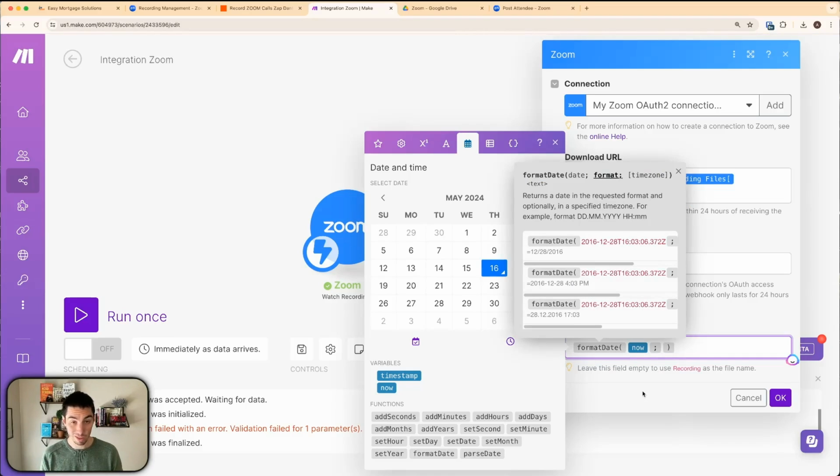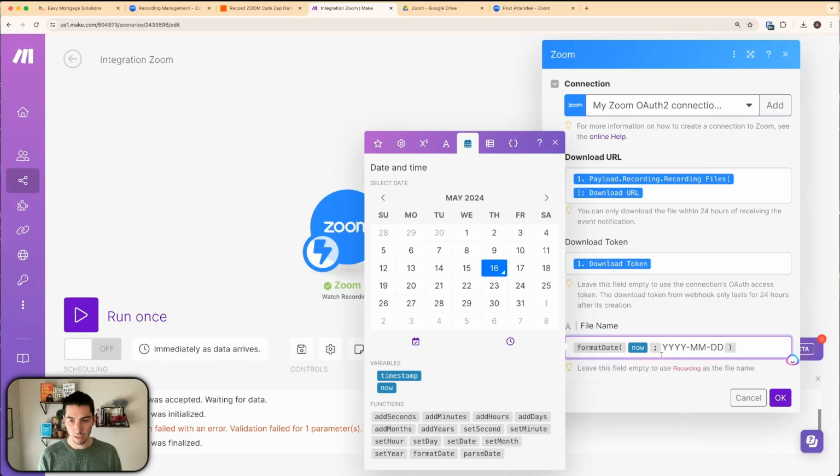The way I like doing it, it's total preference for you. I like doing YYYY, which is the year in 2024, not just 24, dash, capital MM for the month, dash, DD for the day. But you can format it however you want. You can put the time in there too. I don't think we need a time. Just need that. Format, so the date, then I can do space, dash,